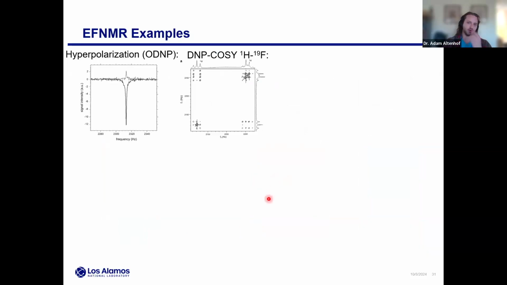Now, before getting more into our work, I just want to highlight some other interesting examples from other folks. Again, Megan Hulse and Paul Callahan have done a lot of great work in Earth's field NMR. This was an interesting case. They did hyperpolarization by way of Overhauser DNP. In this case, they do the DNP at some millitesla field, and then they ramp back down to Earth's field for detection. But you can see they get appreciable enhancements.